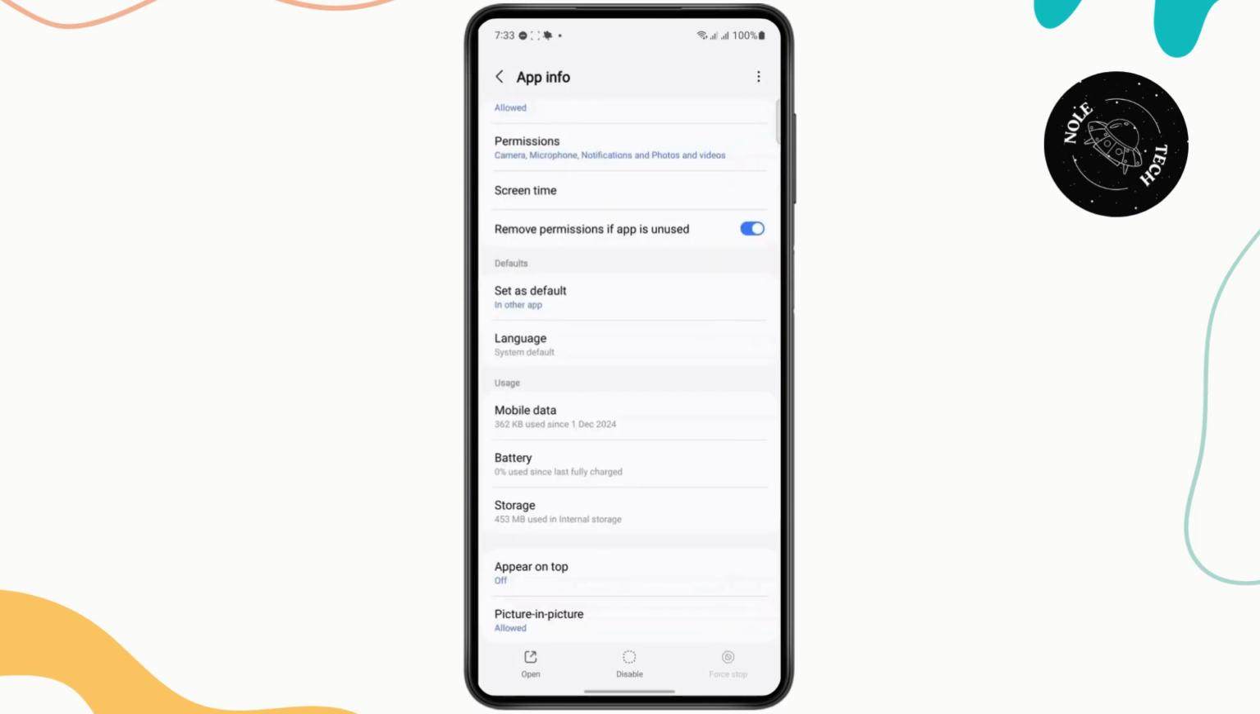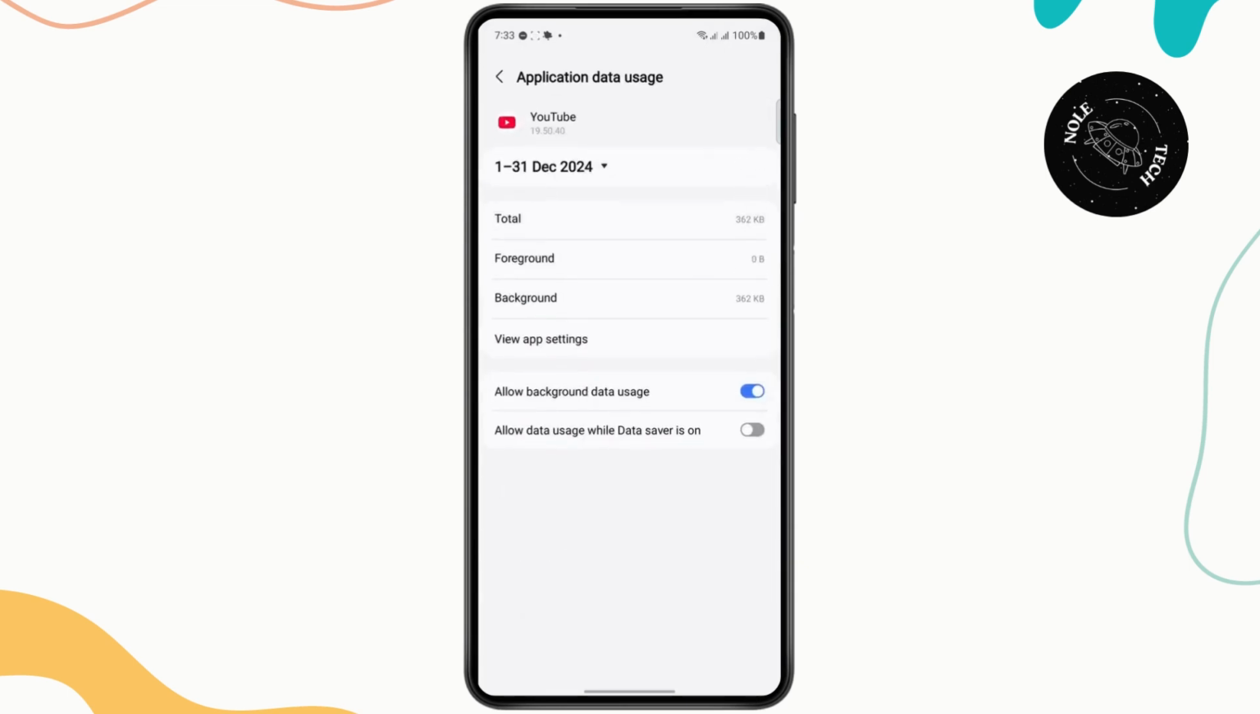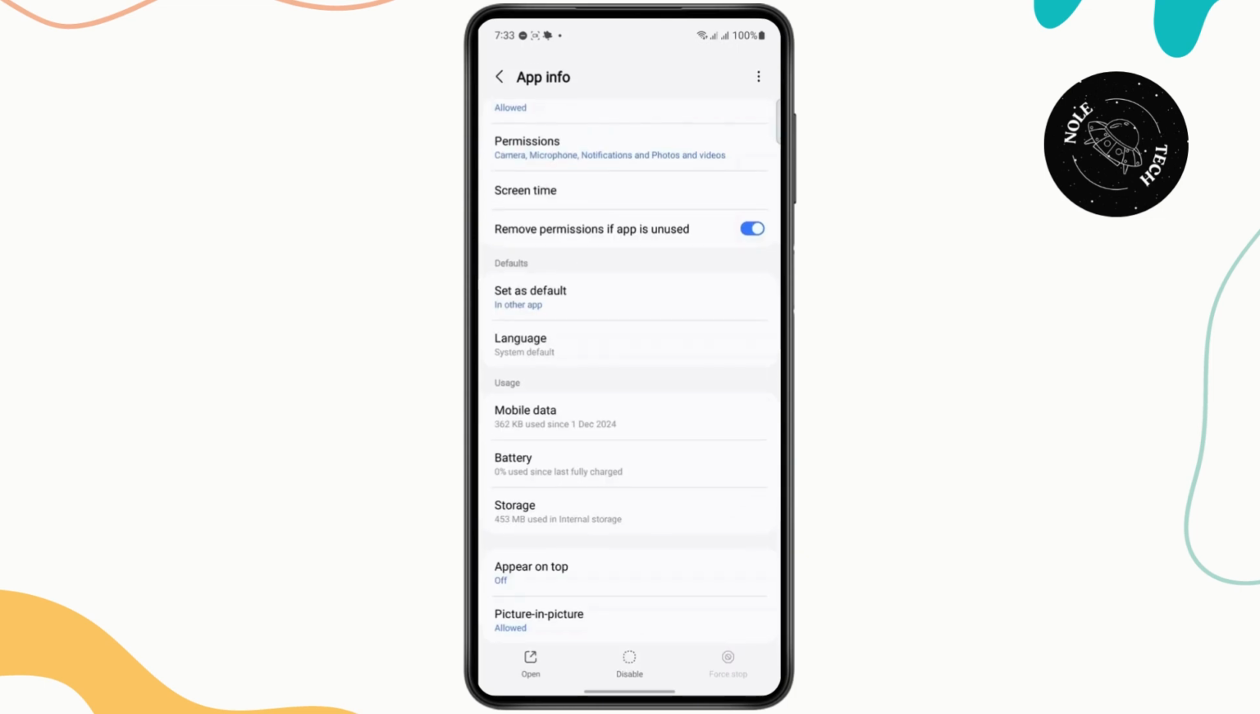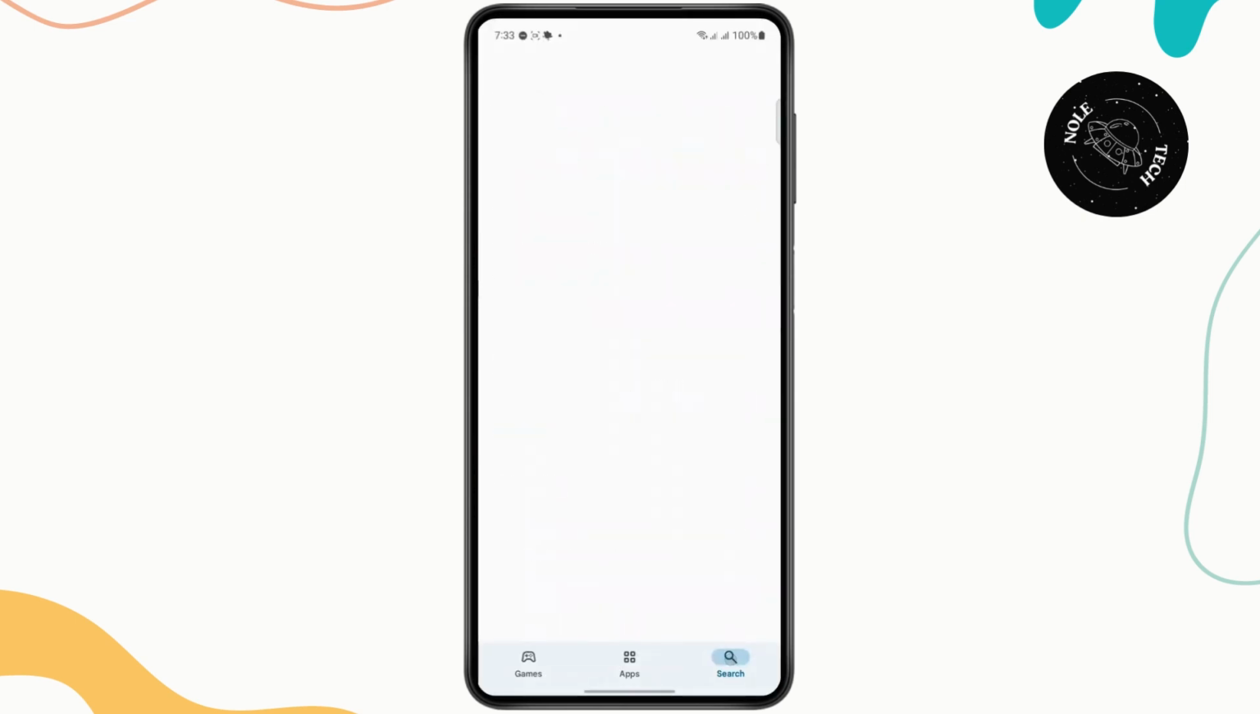And after doing that, head over to mobile data usage and make sure that the allow background data usage is turned on. And once all of this is done, you can give your phone a quick restart and see if that helps. And if it's still not fixing the issue, then you can check your Google Play Store and search